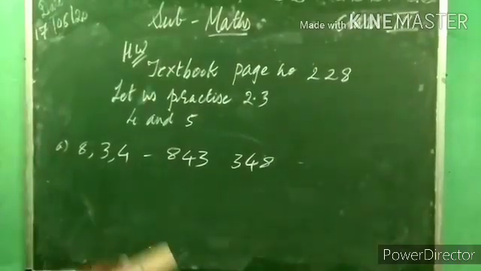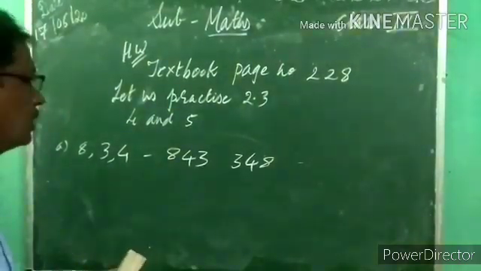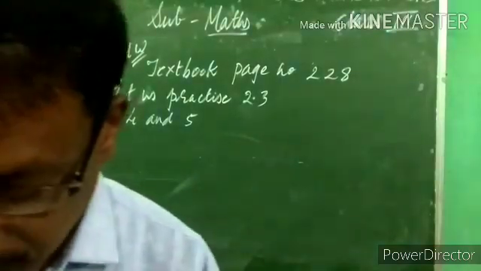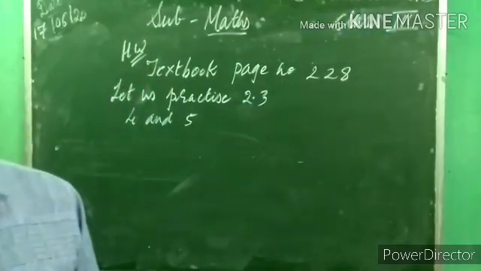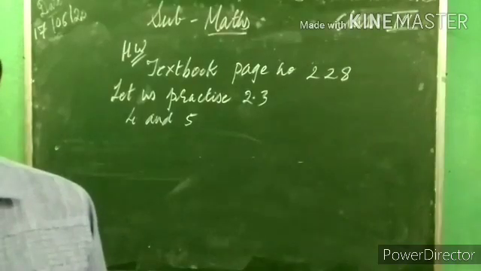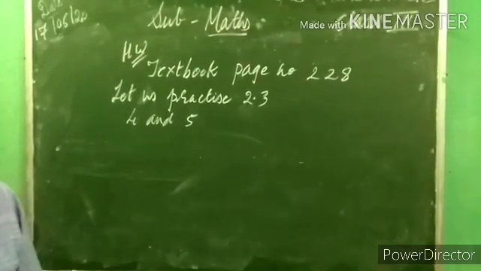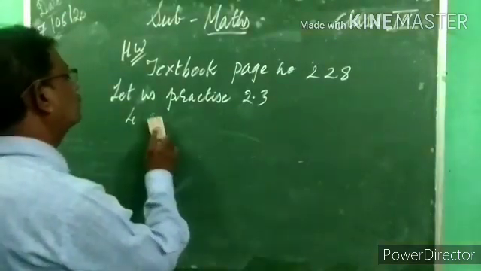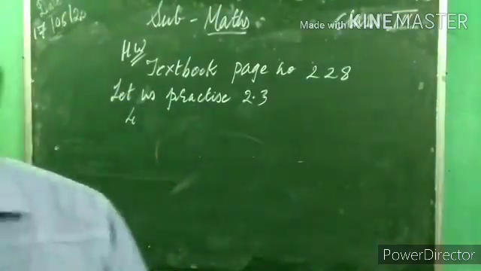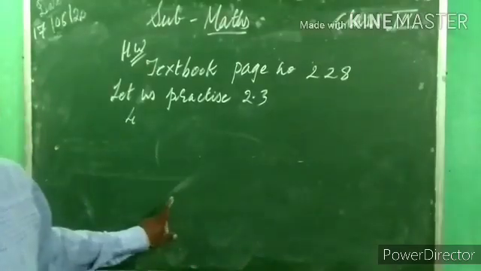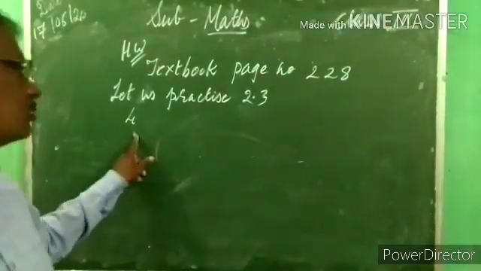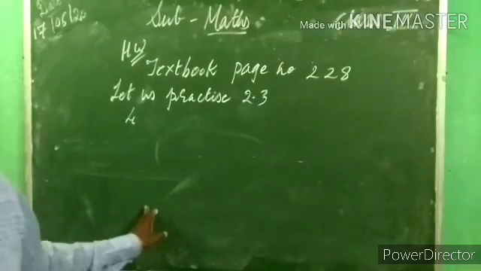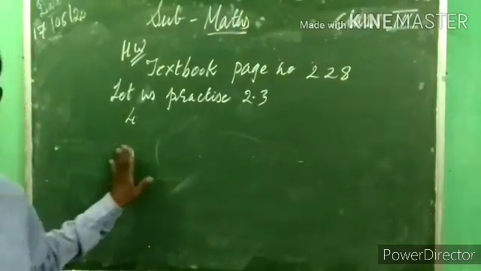The remaining examples you have to do; I explained A, the rest are the same thing. And question number 5, what is given? Build the greatest and the smallest 3-digit number using the digits 3 and 8. The 5th question I will explain in the next period. Only the 4th question, try that. In the 4th question, A, B, C, D and E, 5 examples are given there. Okay. The remaining examples we will study in the next period.